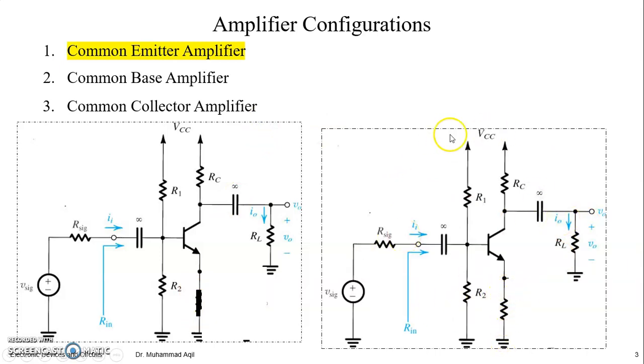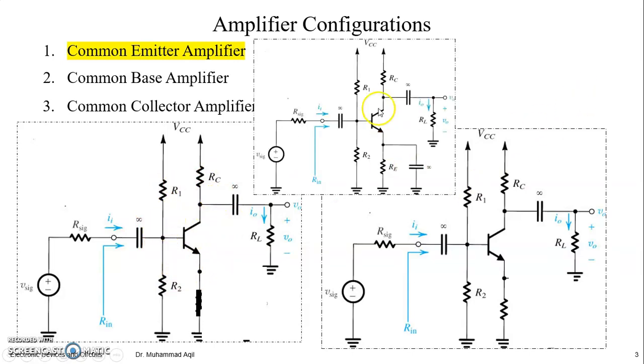This one we are going to study today. This one was studied in the last lecture. How about this one? We have discussed the name at least. This one is also called without RE, right? Because RE is bypassed for AC